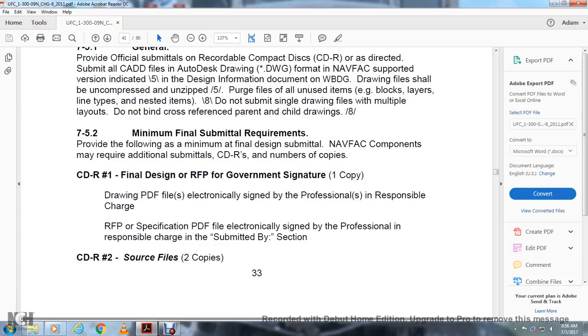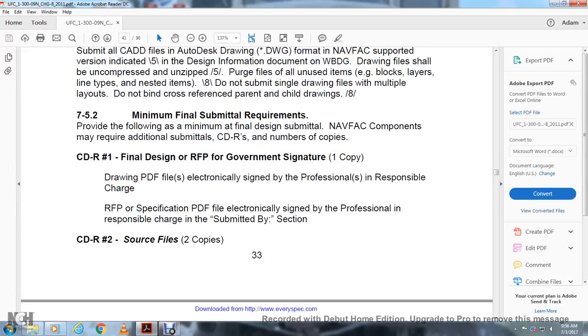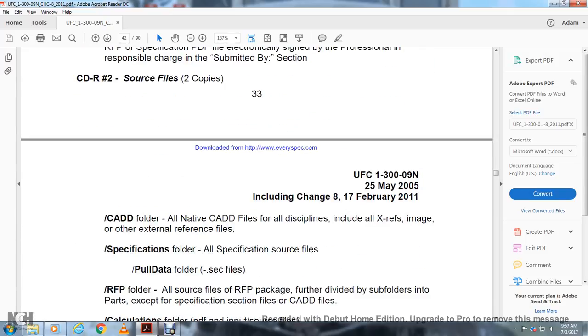The following design Navy FAC components and record the additional submittals of the CDRs. Number of copies. CDR number 1, final design request for proposal, government signature: drawing PDF electronically signed with the professional in responsible charge. Request for proposal solicitation specification PDF file electronically signed with a professional engineer in responsible charge. CDR number 2, source files, 2 copies: CAD, followed by the native CAD file for the